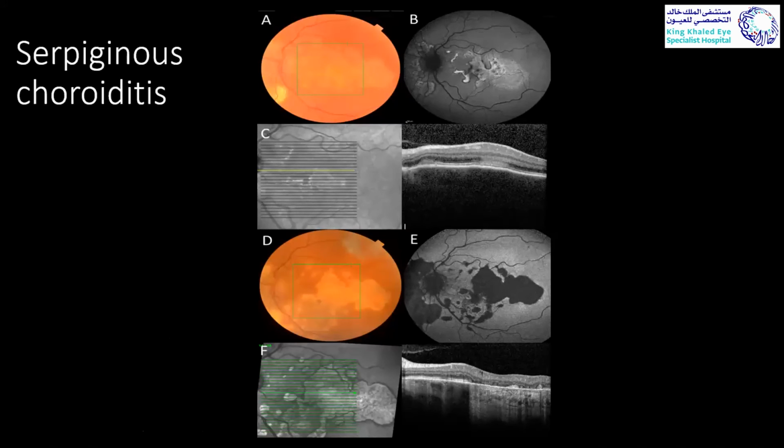This is another case of placoid lesion. This is a case of serpiginous choroiditis. This is one of my patients that I've seen during my fellowship. So you can see initially these lesions are white, yellow, creamy, deep subretinal lesions, and the autofluorescence in B causes hyperautofluorescence. And if you do OCT over these lesions, it gives you outer retinal layer hyperreflectivity. And during the inactive stage in D and E, you can see clearly the area of atrophy of the previously active disease that causes hypoautofluorescence in the picture E, and OCT over these lesions showing outer retinal atrophy with reverse shadowing.